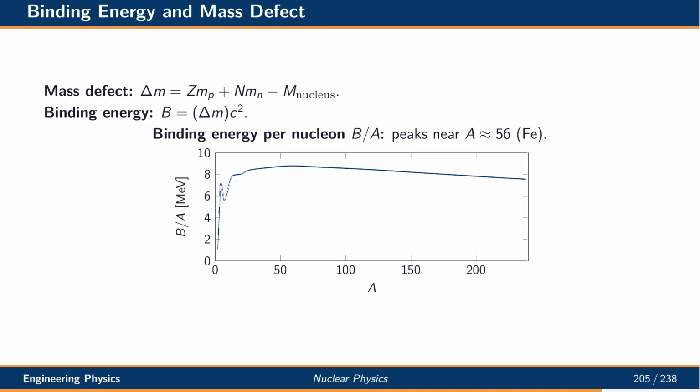The mass of a nucleus is less than the sum of the masses of its protons and neutrons. The difference is called the mass defect, and when multiplied by c squared it gives the binding energy. The binding energy per nucleon is a key indicator of nuclear stability. It rises sharply for light nuclei, peaks around iron with A close to 56, and then slowly decreases for heavier nuclei. This curve is the reason why both fusion of light nuclei and fission of heavy